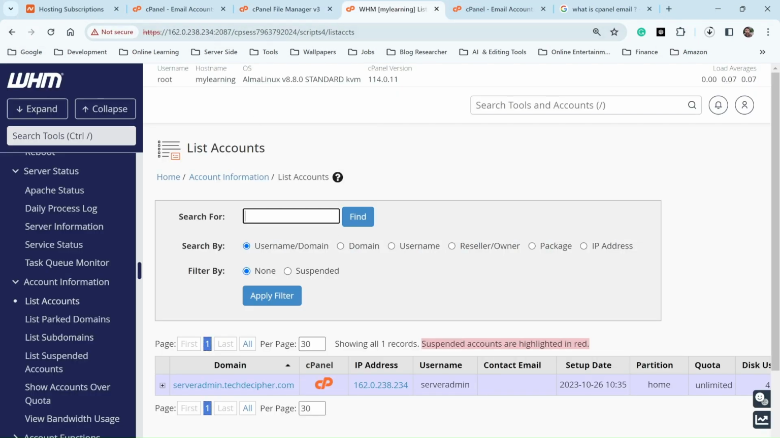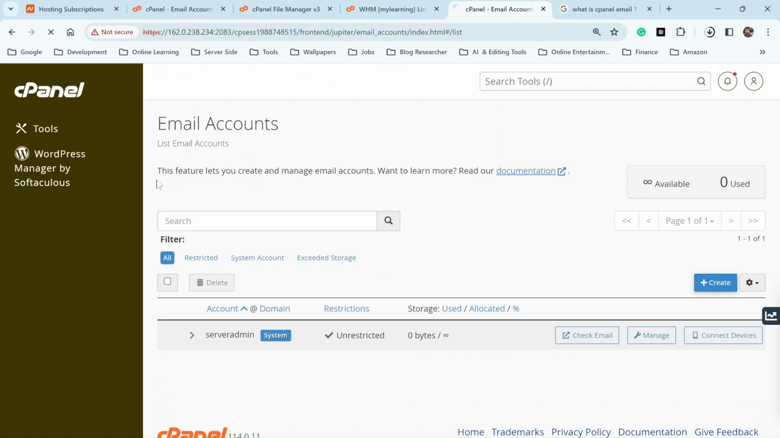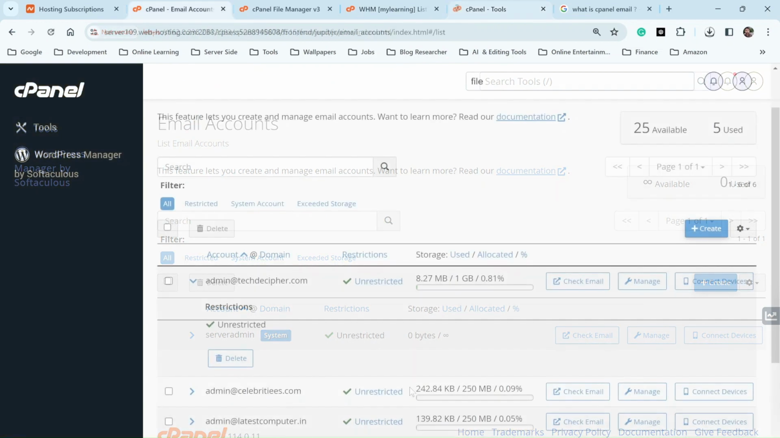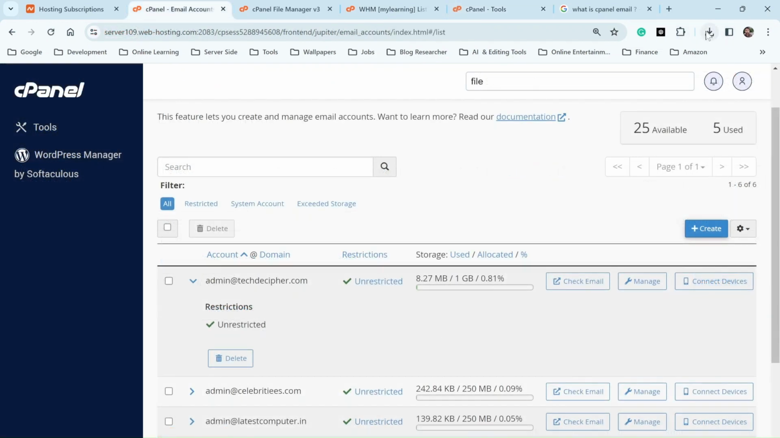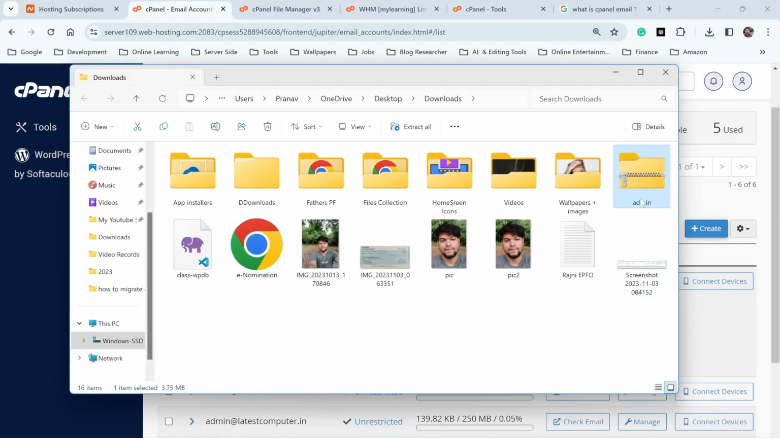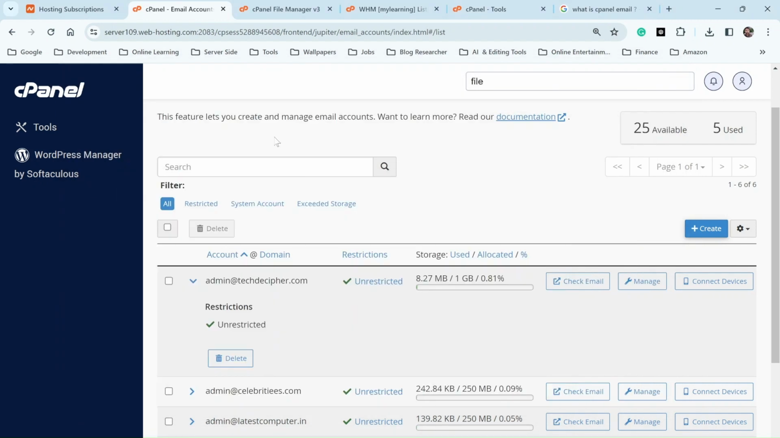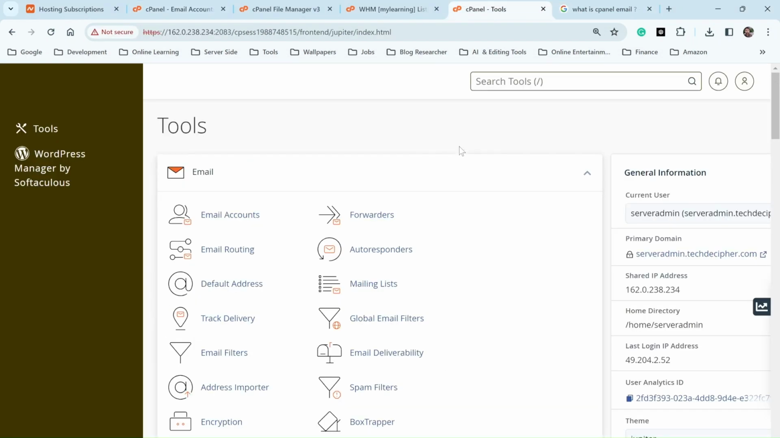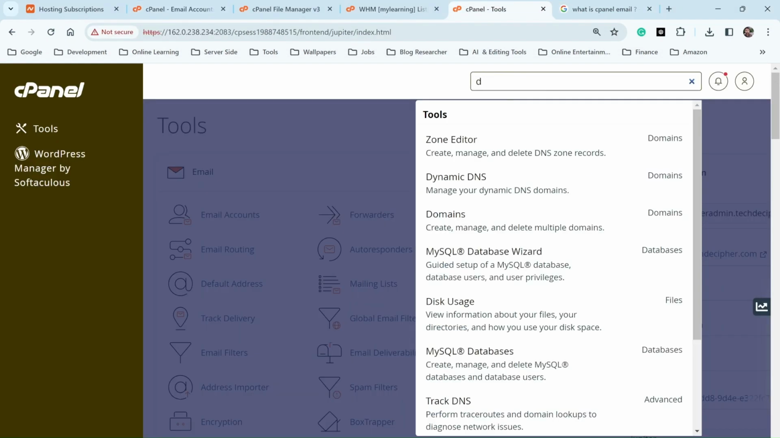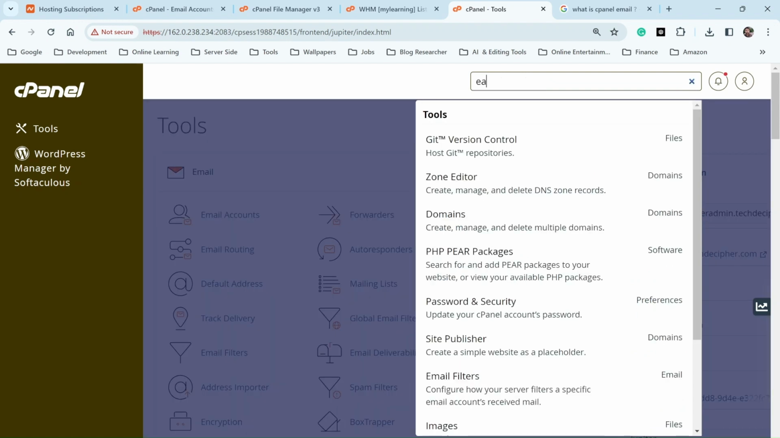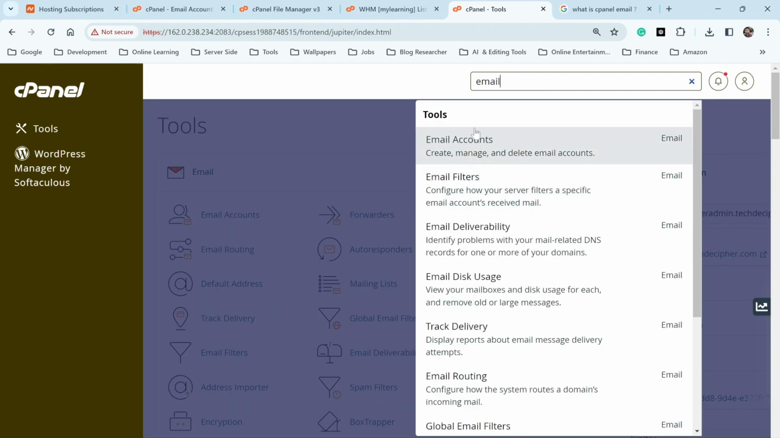Now go back to the target hosting where you want to deploy this backup. Go to the email section of that destination hosting. Check your downloads section and verify the file is downloaded. It is downloaded on my end. Then go back to the target hosting, go to the email section, go to email accounts,